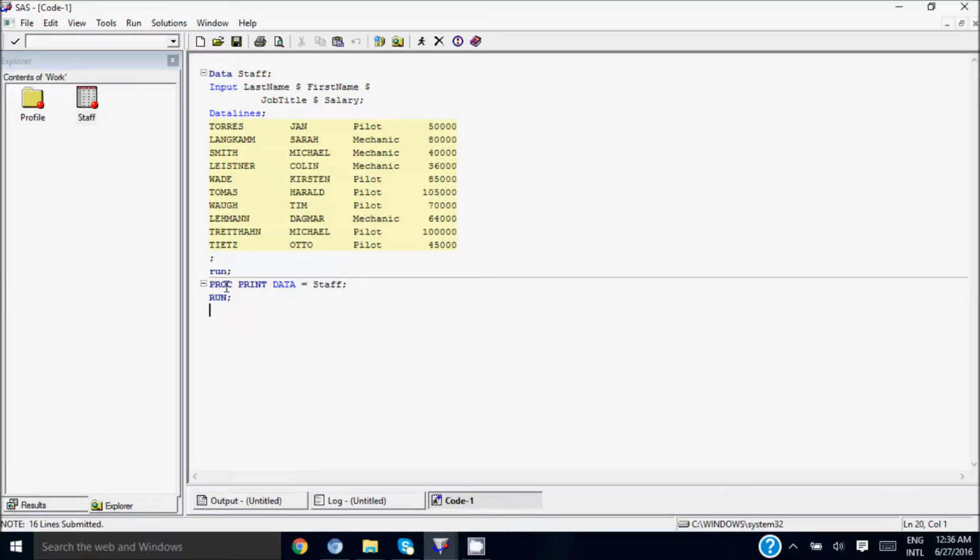Proc is basically a procedure defined by the system itself. Every procedure has a set process. We'll use proc print and view the result of a particular data set. We have given the name of the data as staff. So when we write proc print data equal to staff and close it with a semicolon, and run it, it will give the result